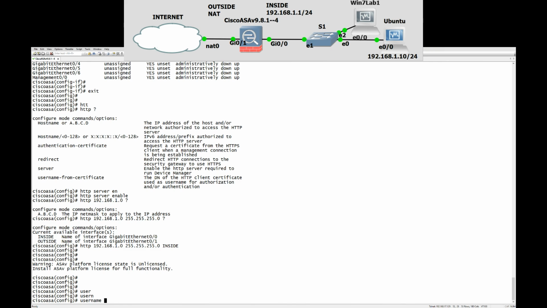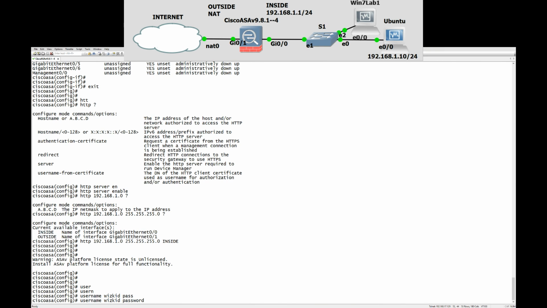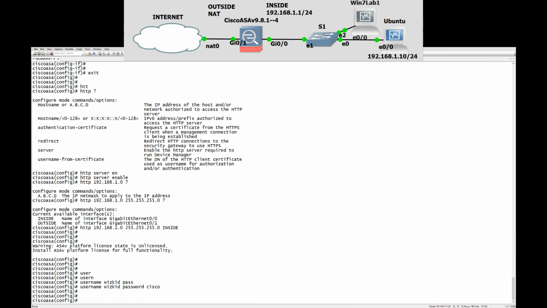So we're going to call this WizKid, and we're going to give it a password of Cisco, just to keep things simple. And then, as I said, we need to now authenticate. We want anybody on that inside network accessing ASDM to authenticate against, in our case, our local user database. So to do that, we'll do AAA